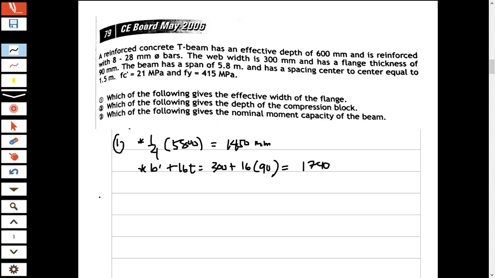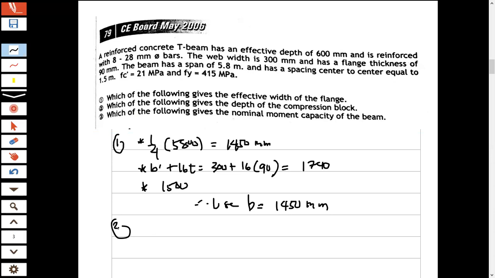Okay, and then the other one is the center to center spacing. This one is 1.5 or 1,500. So obvious na ito yung gagamitin natin. Therefore, use b is equal to 1,450 millimeter. Number 2, which of the following